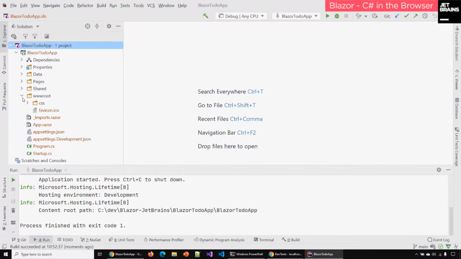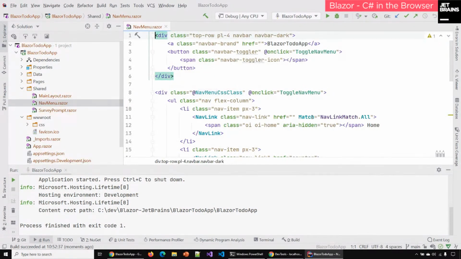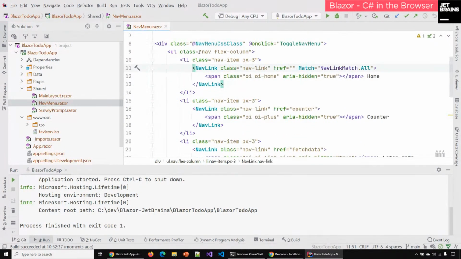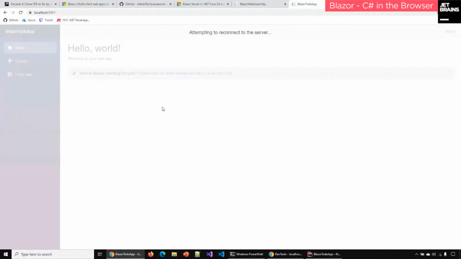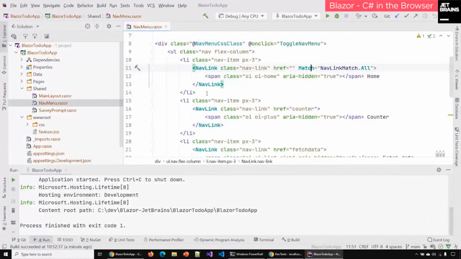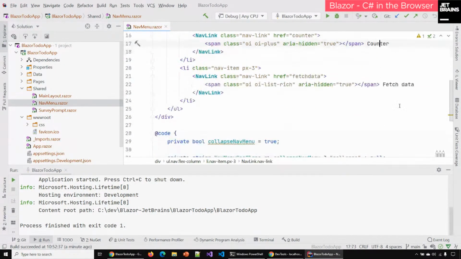So, going through here, you have your shared pages. If you're familiar with Razor Pages or MVC, you understand about having your main layout and your nav bar and all the stuff like that. These are the shared components that end up being reused in all the other pages. Under the shared components, we have a nav menu. We'll definitely want to create a link to that, because this is your nav menu over here: your home, your counter, and your fetch data.